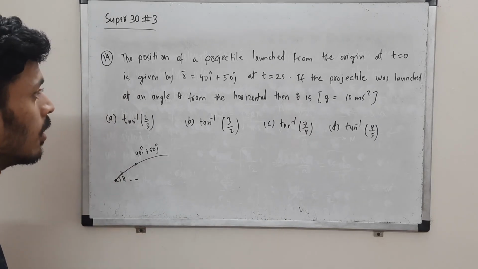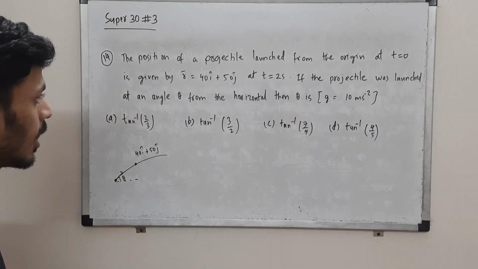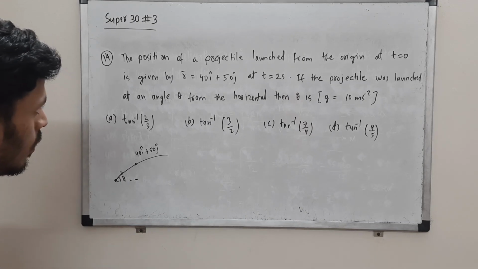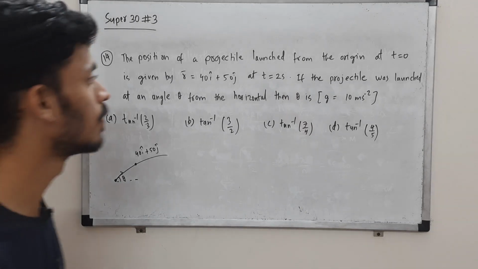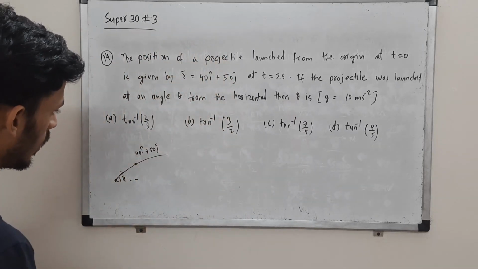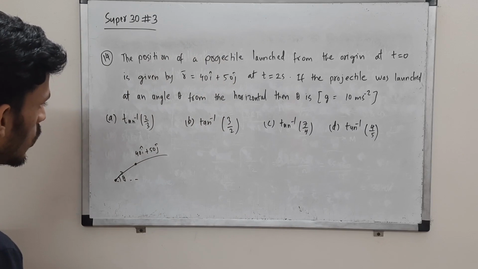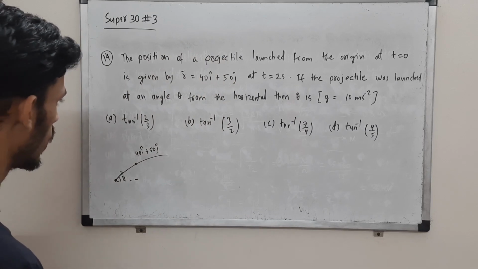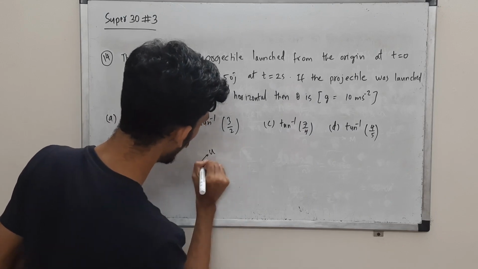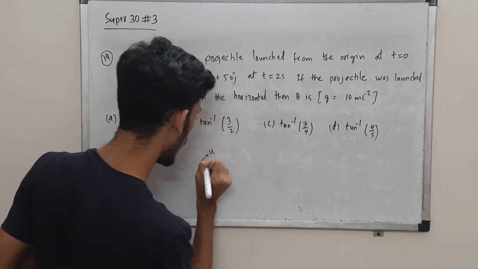g is taken to be 10. Now how will you do this? Here we are given 2 points, but the origin is of no use. I was thinking of the equation of trajectory, but I think we need to approach it the usual way. So here we have a projectile motion, which is launched with initial velocity u, making angle